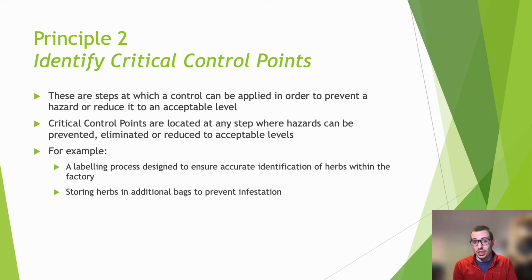So it doesn't actually need to happen as part of the production process, but it's a critical control point because we have chosen to implement a labelling system which allows us to track products through the factory to make sure that everything can be easily identified and that there isn't going to be any problem with the wrong ingredients being picked further down the